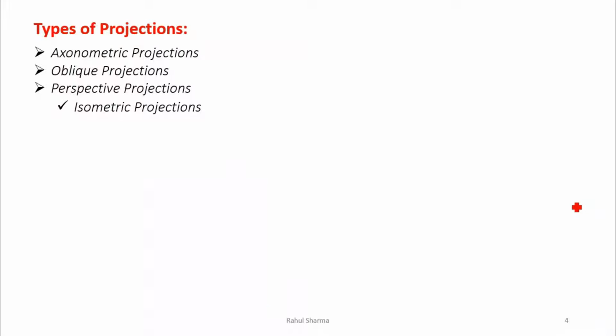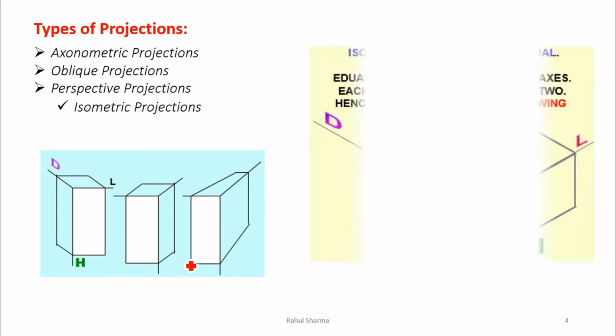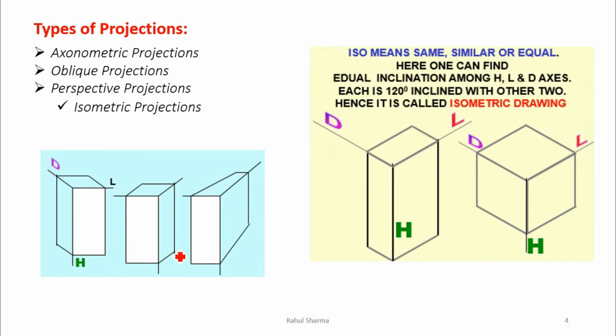I will give you a view only. What is that? You can see here, these are examples with the same diagram I have explained: this is the oblique projection system, and similarly the axonometry and perspective. So I'll tell you what isometry is. The main topic is isometry, so I'll go to that only.